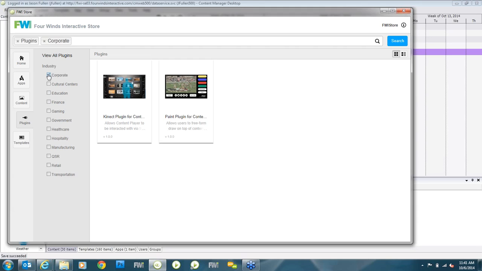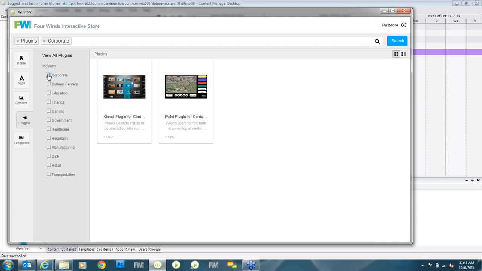Some examples of the plugins that we've written: we have an interface plugin. If you wanted to interact with an interactive application without needing to touch the display, you could use the motion detection functionality within a Microsoft Kinect to interface with that display through that device. It's a great application for video walls, or just kind of a fun thing that people are interested by and